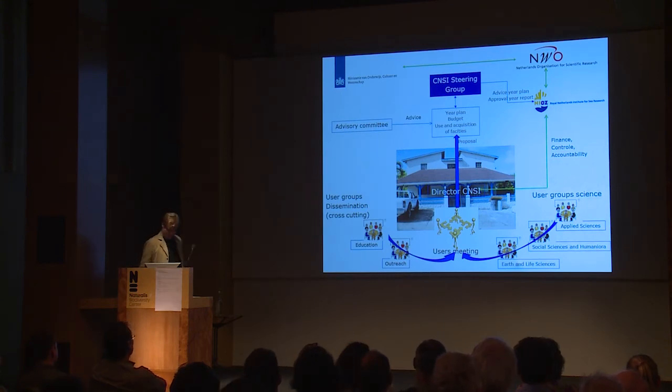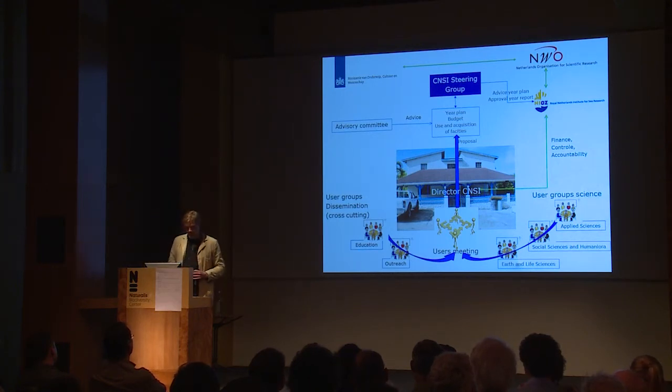Very briefly, the organization of the institute. The money follows this green line. It comes from the Ministry of OCW through NWO, NIOZ, and then to St. Eustatius. We will make use of an advisory committee. But for today, the most important thing that I would like to focus your attention on is